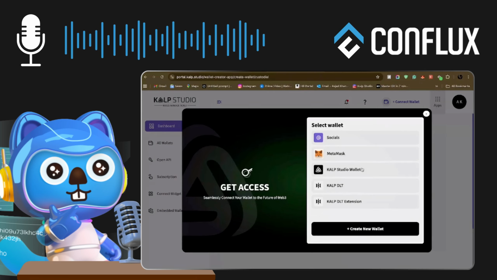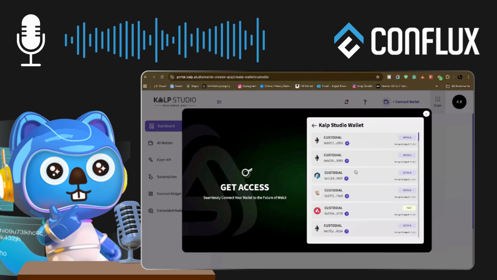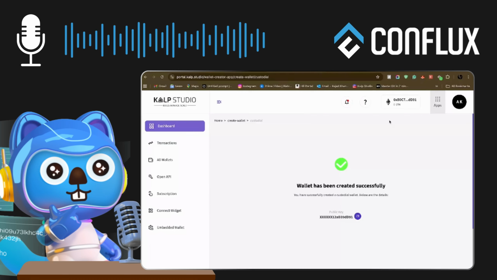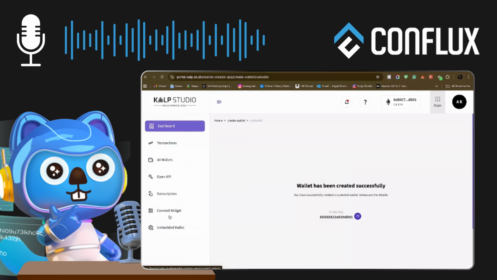So let's say the recent wallet that we created was a custodial Sepolia testnet wallet based on Ethereum. And you can see we can easily connect it, right? You would initially have a zero balance on your Sepolia testnet. You can get it recharged from different providers. Right. So now that we have the wallet connected,